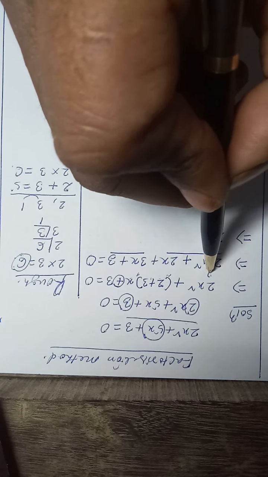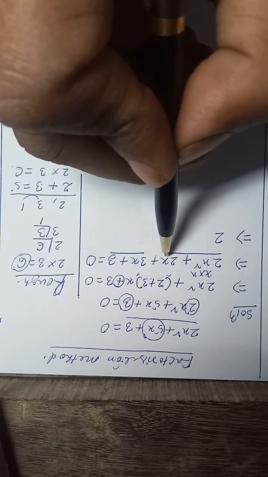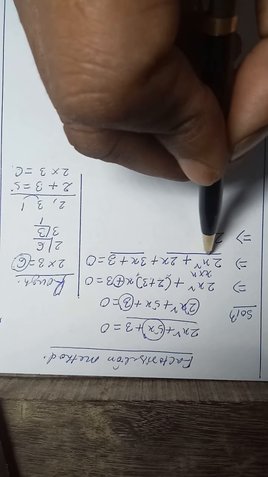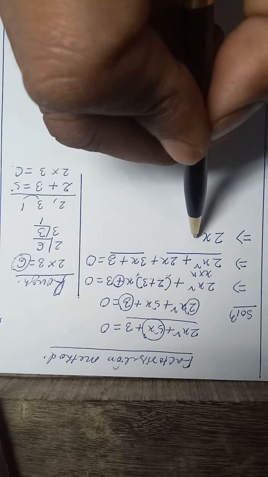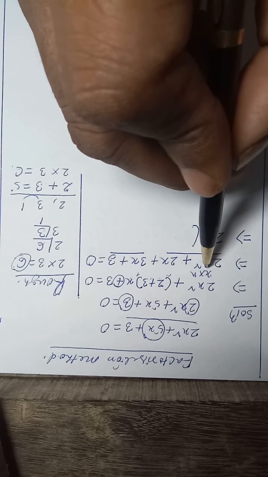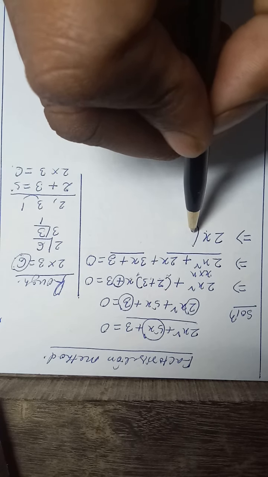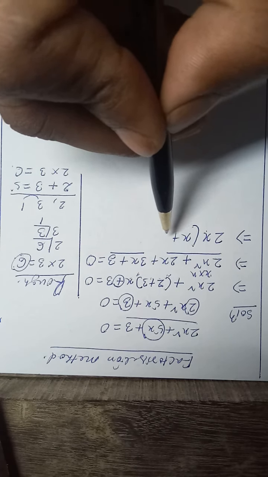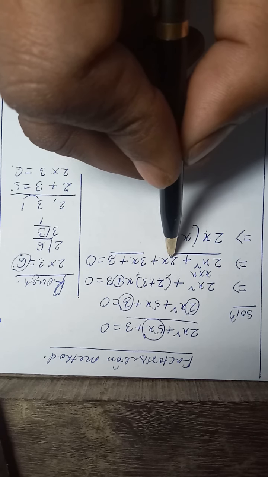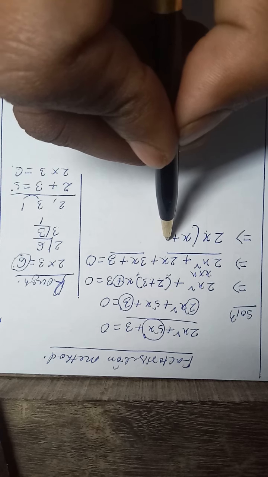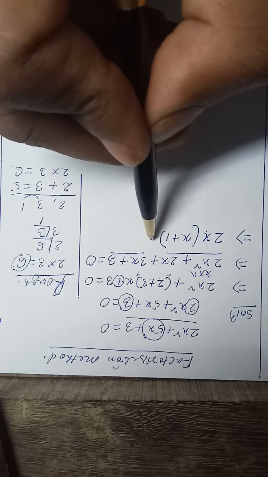In x², that is x into x, here also x is there, so x is common. That is, in these two terms we can take 2x common. Then from this term, 2x is taken common, x is left, plus from this term, 2 is taken common, x also taken common, nothing is left, so 1 is left,